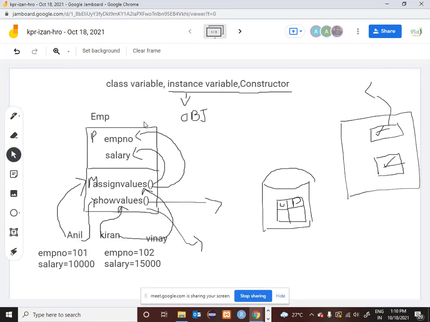Okay, so we understood what is a class variable, we understood what's an instance variable, we understood what are constructors. Next class I'll tell you how to delete an object, then how to change the properties of an object. Then after that we will directly go into single inheritance. First we shall do single inheritance, then we will see what is multi-level inheritance, then multiple inheritance. Clear? Good. Okay, we'll stop here.